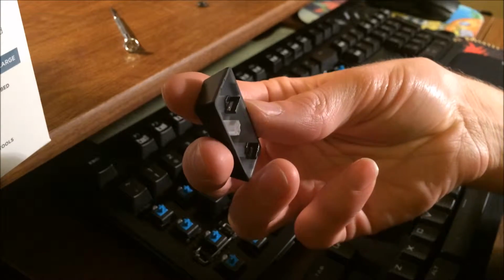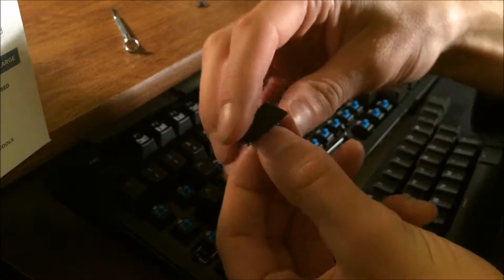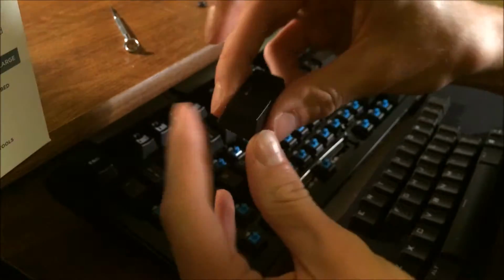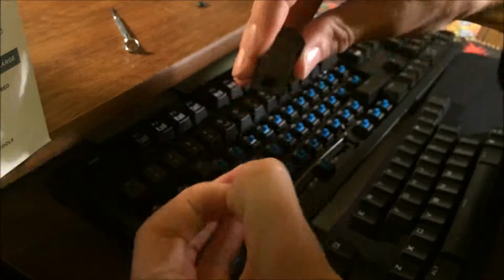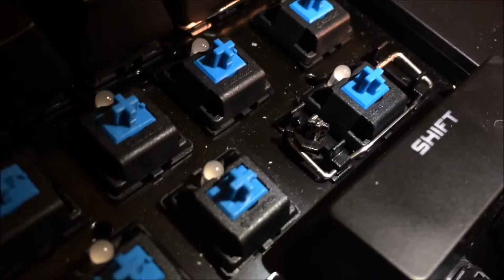Here's a long switch again. These black tracks, take them out and put them back exactly how you found them, because the order does matter. I just kind of set them on there, but I found it easier if you go ahead and put them back on the switch. You can try this method, but that's